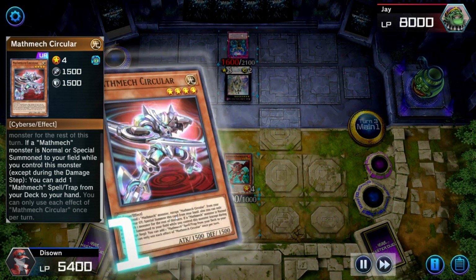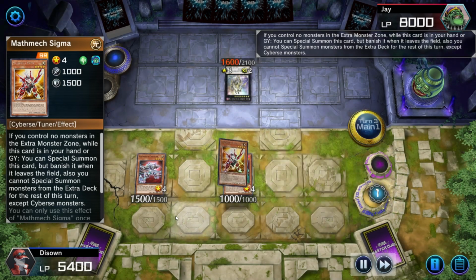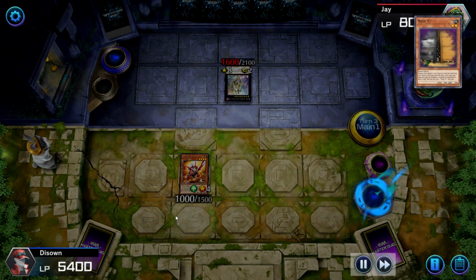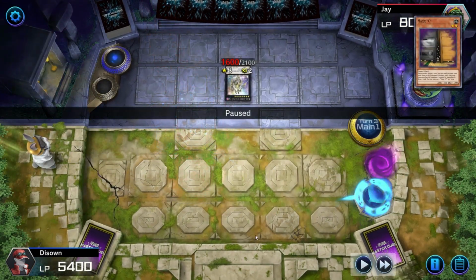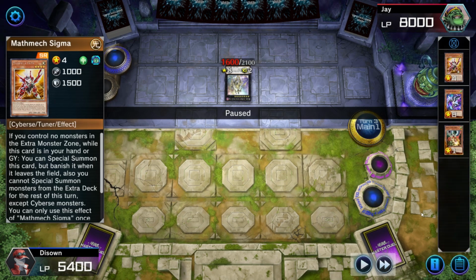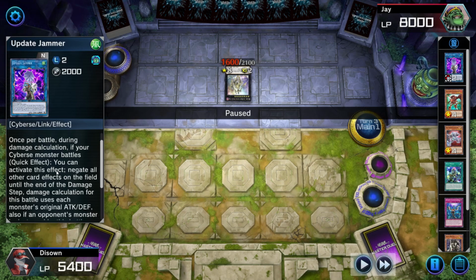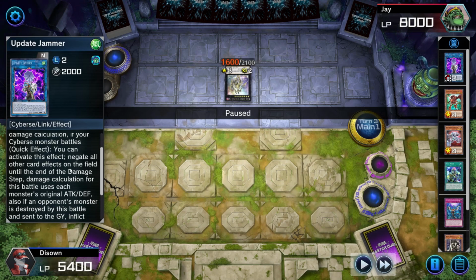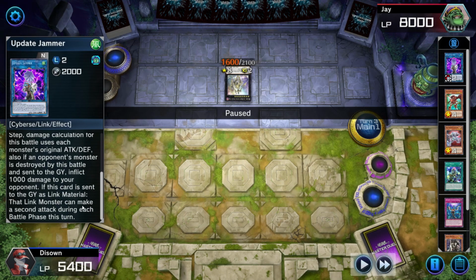We go into a card from the graveyard. Now we link into the Update Jammer. Right now, we're gonna link up. The only reason why they run Update Jammer is because it's a really good card, right? Let's read Update Jammer real quick. Once per battle during the damage calculation, if your Cyberse monster battles, you can activate this effect, negate all other cards on the field, right? Boom. If this card is sent to the graveyard as link material, that link monster can make a second attack